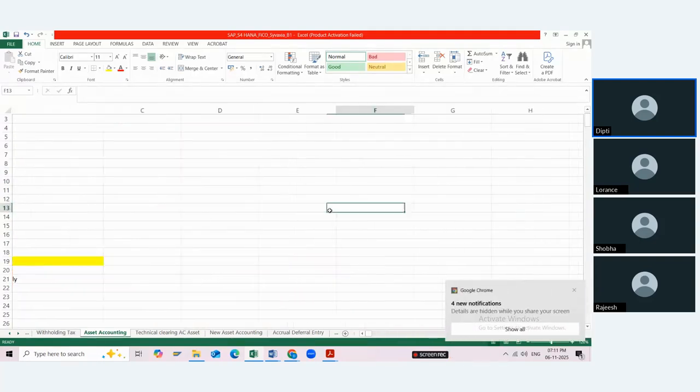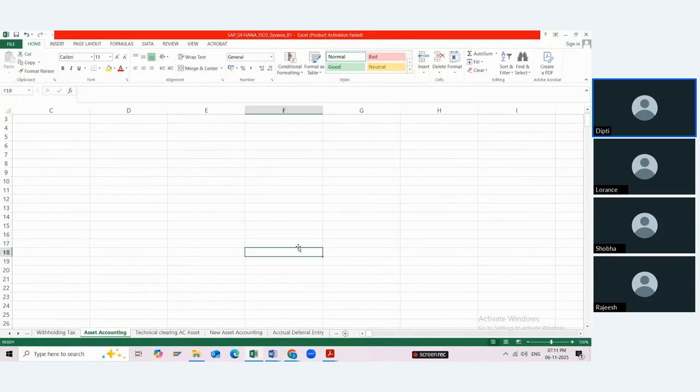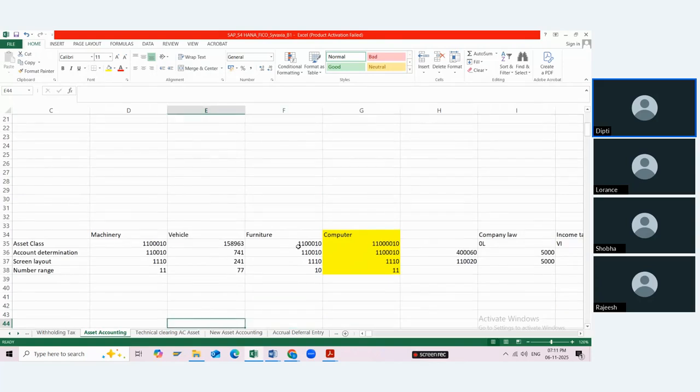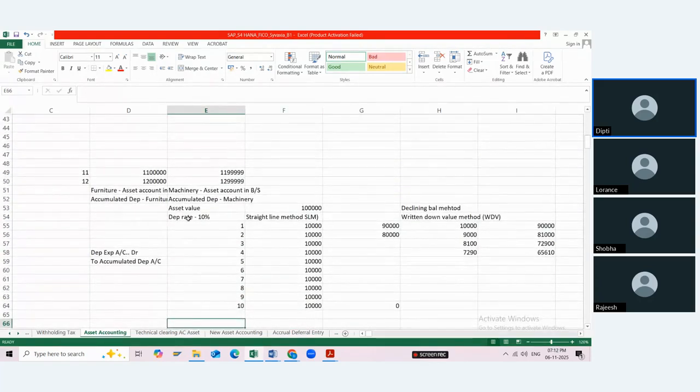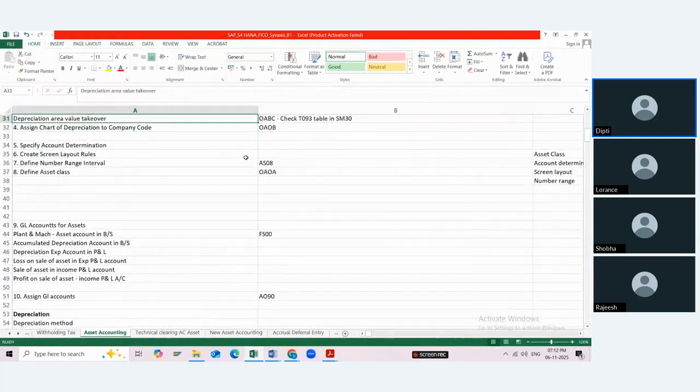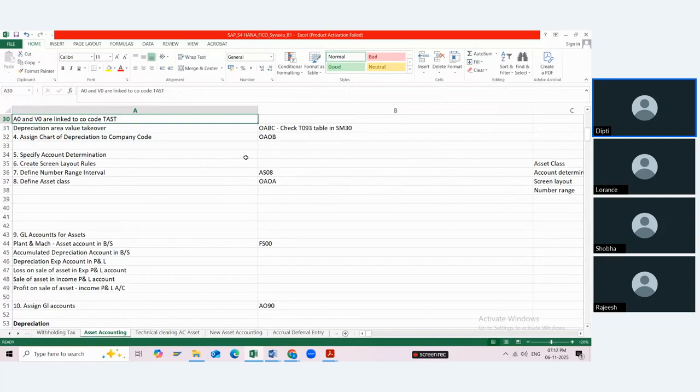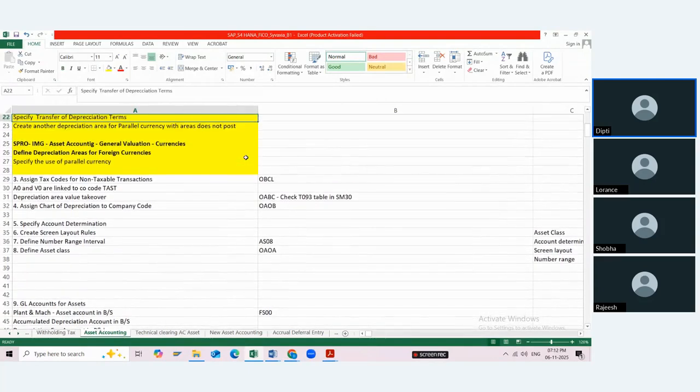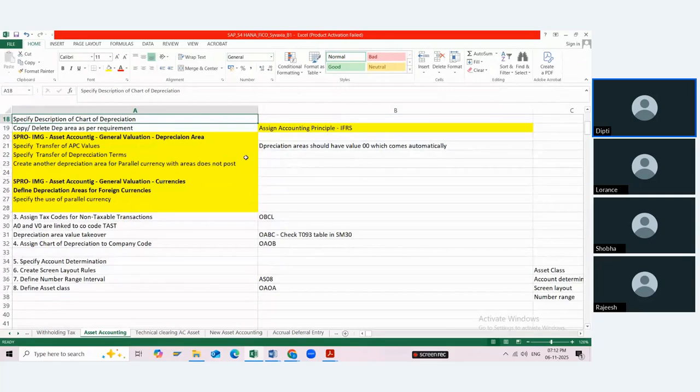You create these headings, and we also need to give the depreciation, which needs some setup. It is not simply that you are calculating depreciation; it has a different set of calculations. For example, depreciation can be created with the straight line method or the WDV method, and based on the number of years, your asset value gets depreciated. Considering all these parameters, there are different configurations we need to do. Asset was originally a different module when SAP started, but later it was included in finance because it is part of accounting. It is a very crucial module from a table or database point of view.